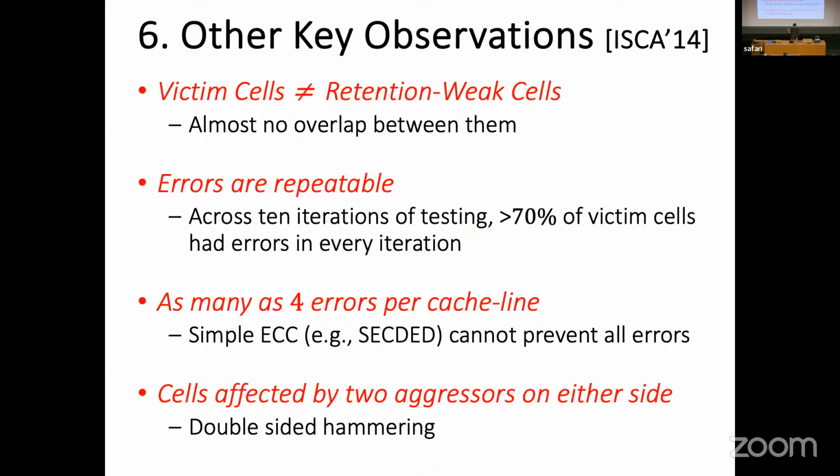There are also other minor observations in the paper. Let's say the RowHammer victim cells are not necessarily retention weak cells, the cells that leak a lot. There is almost no overlap between them. This hints that the physical mechanism of the RowHammer vulnerability is likely different from the failures caused by retention leakage. And the errors are very repeatable. This means that if you can successfully induce a bitflip at a certain cell once, then very likely you can reliably